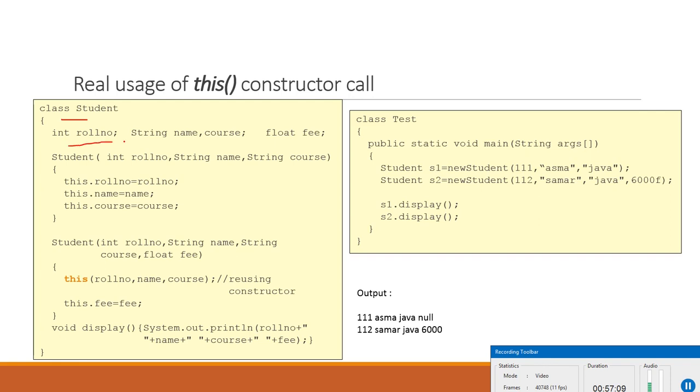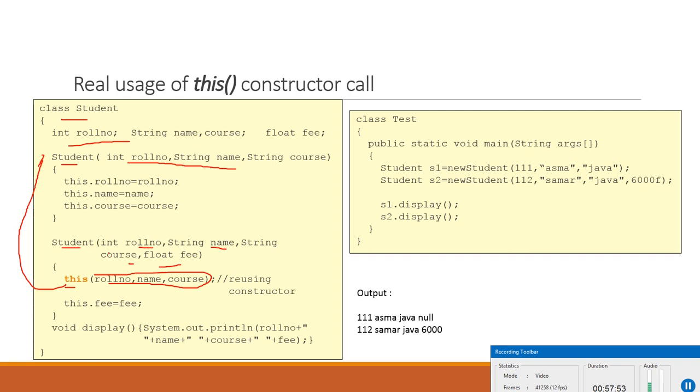We have a class student and three variables. We have a constructor which takes all the three parameters and initializes the values. Now in this case, I have another constructor which has 1, 2, 3 and 4 parameters. Now passing the three variable names will pass the control to, it will call the first constructor of the class, just like I explained in my own program. In the default constructor, when I used this followed by two variables, it will call the constructor with two parameters. When I used this followed by one variable, it called the constructor with one parameter.